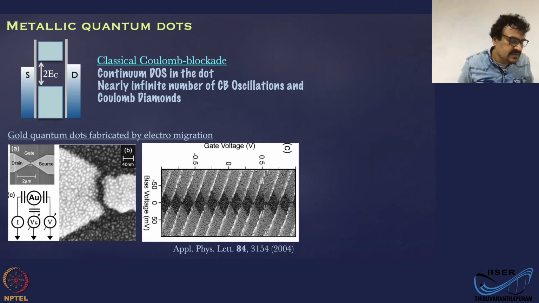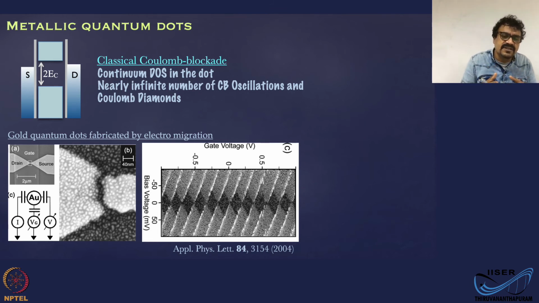Though I have been calling these quantum dots, these are actually classical dots, because we have not really discussed anything quantum mechanical so far. The only quantization we have discussed is charge quantization, or discreteness of the electronic charge. But that is not a property of this quantum dot, that is the property of the charge. So though in the literature you say these are quantum dots, these are not really quantum mechanical objects so far.